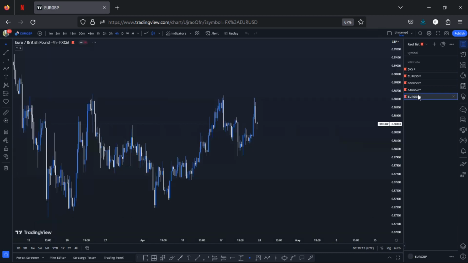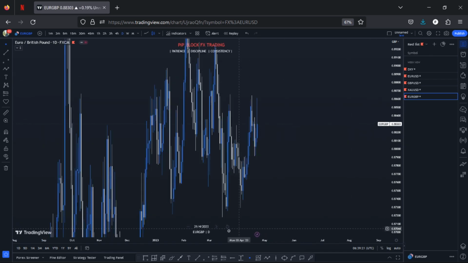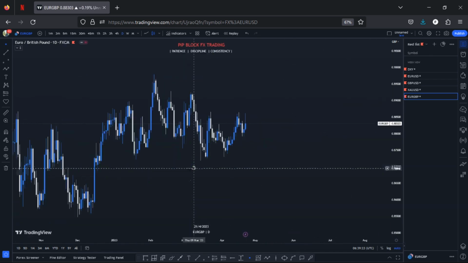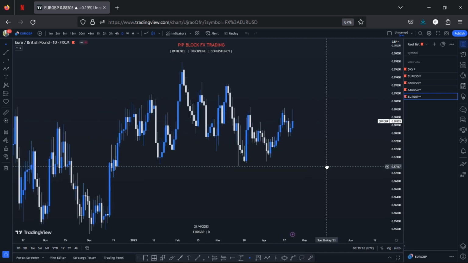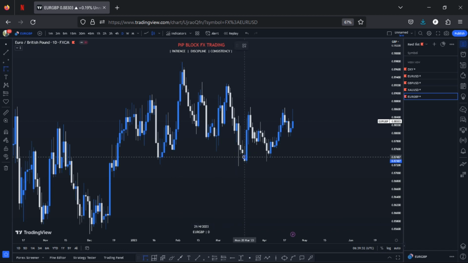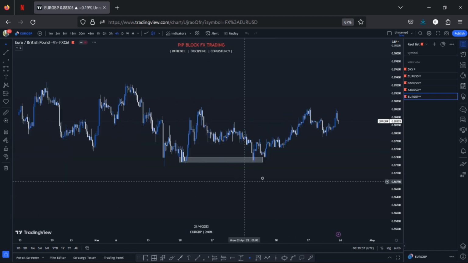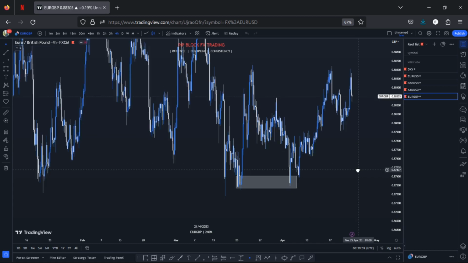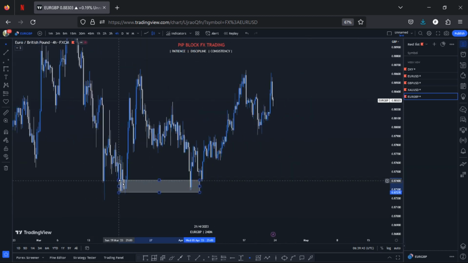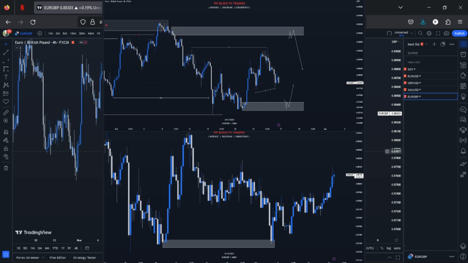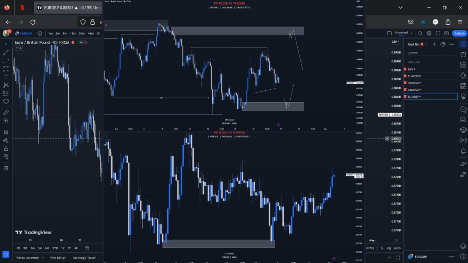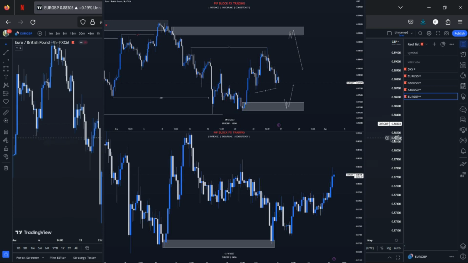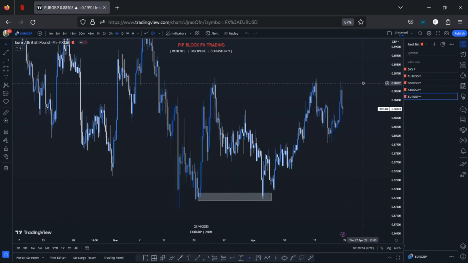Our last pair is going to be EURGBP. What am I expecting for EURGBP on the daily time frame? Yeah, it doesn't really look very good and convincing, but then wow, if you've been following, we gave some particular buy from this side in the free Telegram channel. Let's go to the 4H time frame and then let's see what we are talking about. So we gave some buys from this side in the free Telegram channel, right? Been following, I think there's a buy, and we've been riding up here.